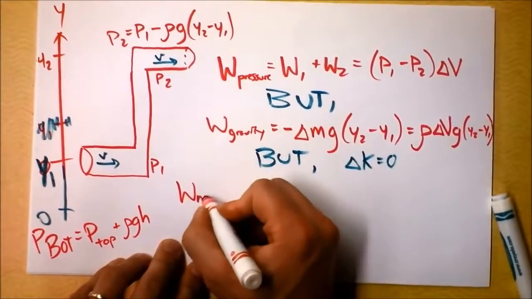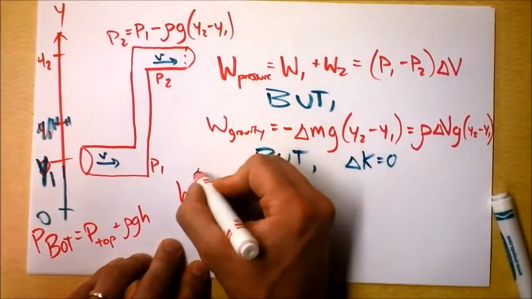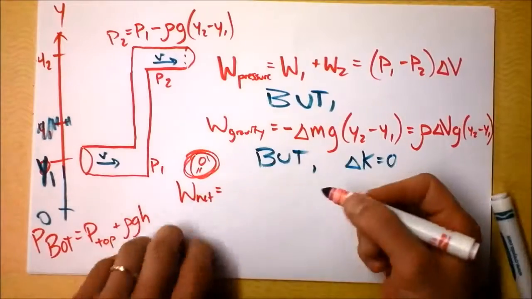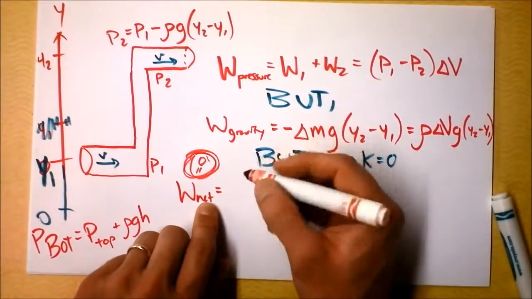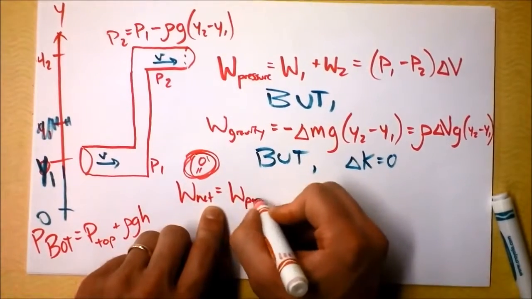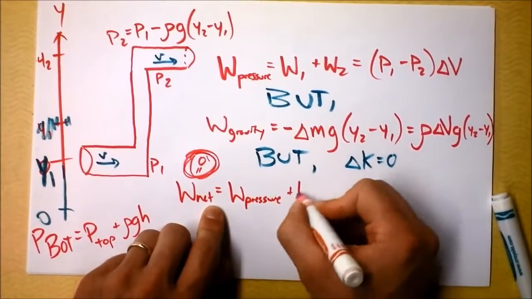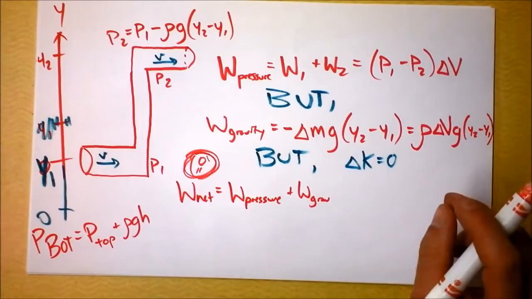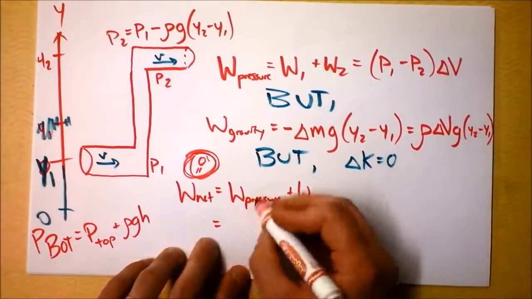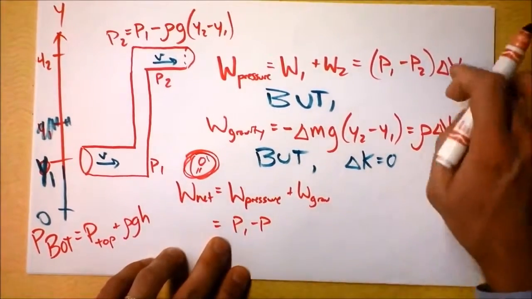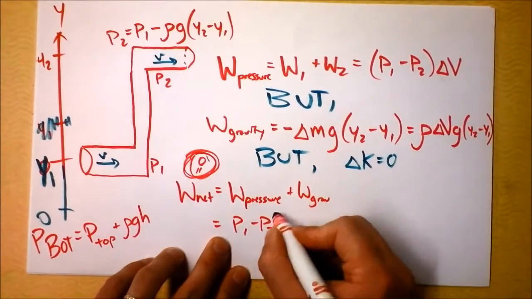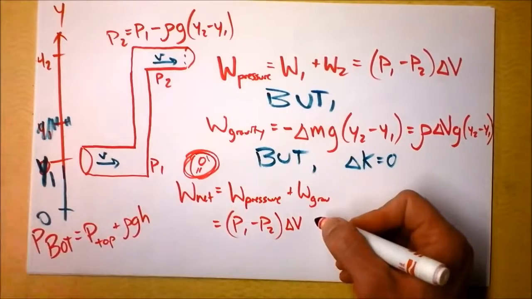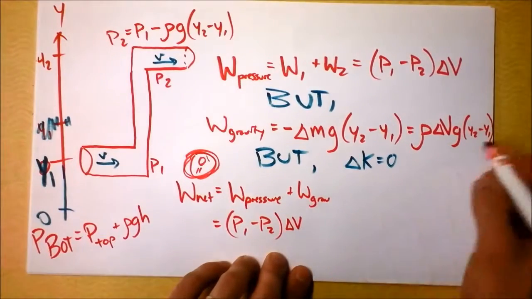So then I can say work net equals 0. Let's just remember that the net work is going to be equal to 0. But let's write it out. It's the work done by the pressure plus the work done by gravity, and they must cancel out. The result of that is that I've got P1 minus P2, taking this equation and plugging it in right here, times delta V, and then I have to get this gravity equation in here, and then I'm supposed to add the work done by,